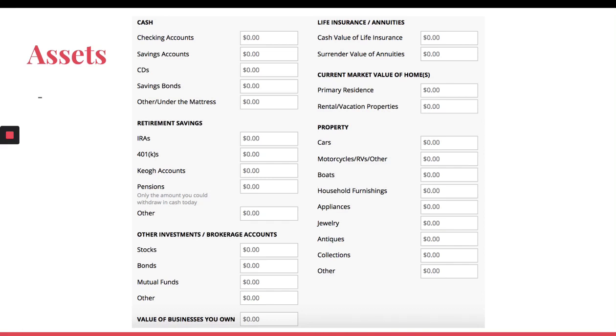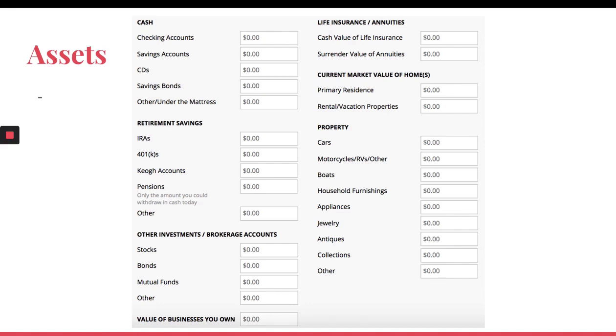So let's talk about assets. I encourage you to follow along with me as I explain each asset. Follow along using your checklist and go on that Kiplinger site, so you can just enter in as I talk about each of them. And you can pause at any time if that's helpful.